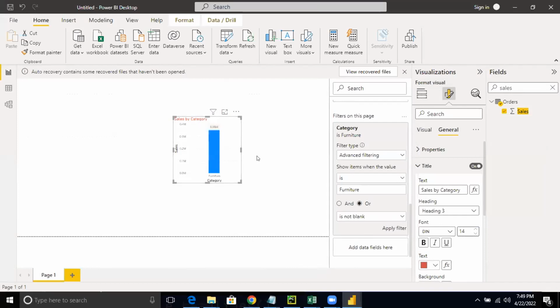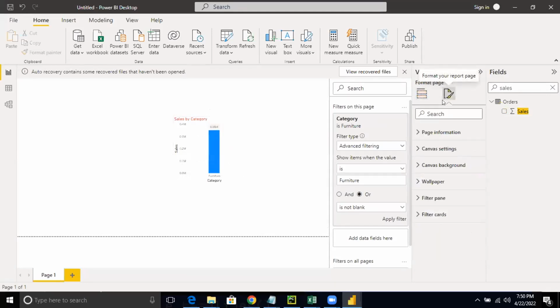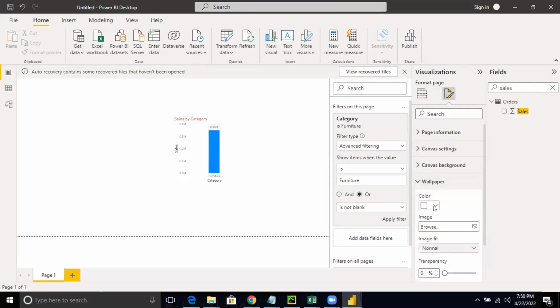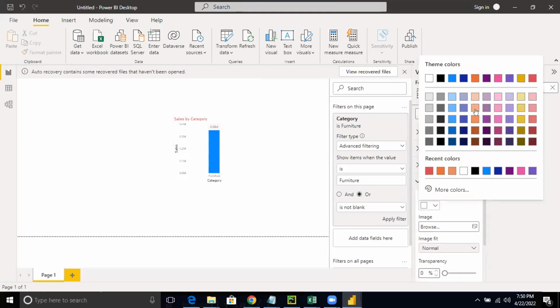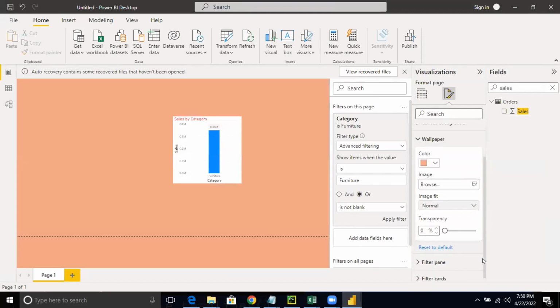So whatever you see on the graph can be modified. These units that you see, even these units can be modified. The category, the way it is written, the legend that you see, if you want to add anything to the tooltip, you will go to the formatting option and you will make the modifications. See the wallpaper changes. So these are some of the things I want to leave it to your capable hands to explore and find out how you can best use the tool, which is Power BI.